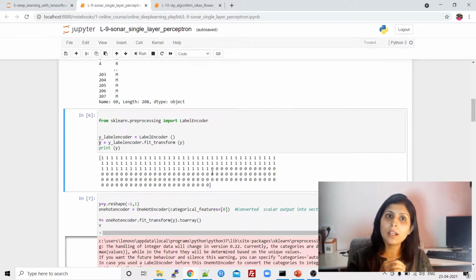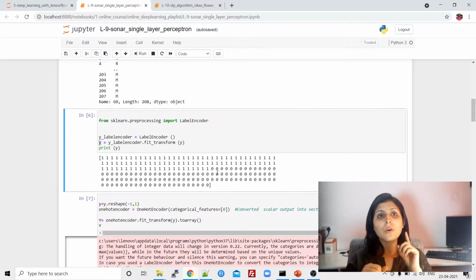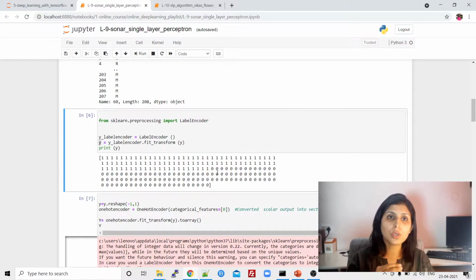Now guys, let's suppose you are working on machine learning problems on the same data set, then you only need to perform label encoding, to convert the columns which have data in the form of strings into numbers. But right now we are working on deep learning. So that means we first have to label encode our data, and then we have to perform one hot encoding on it. Now let me tell you what one hot encoding is.